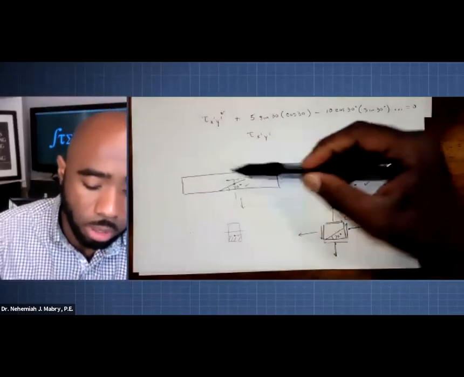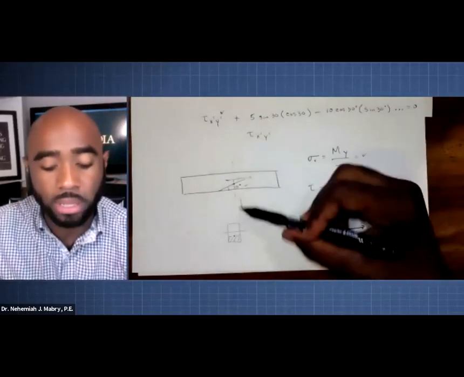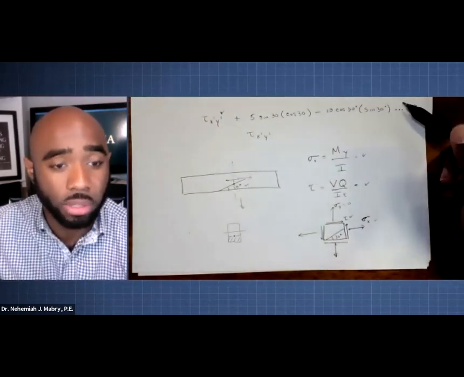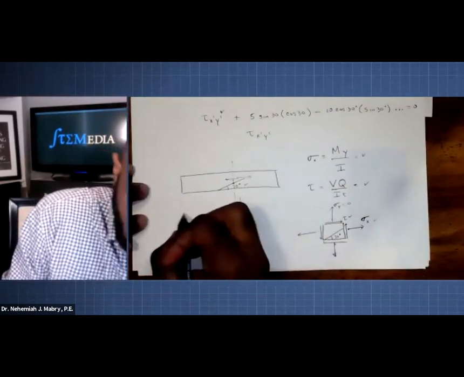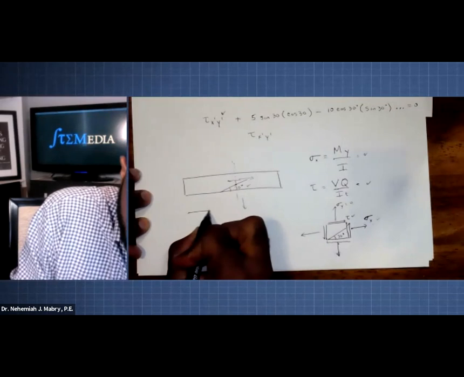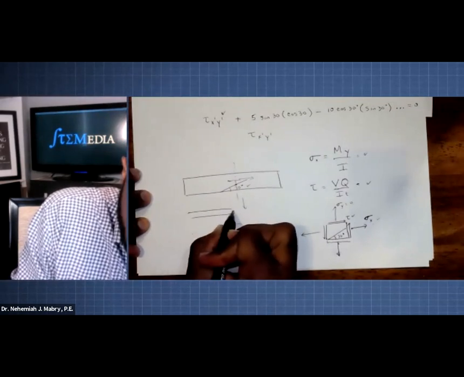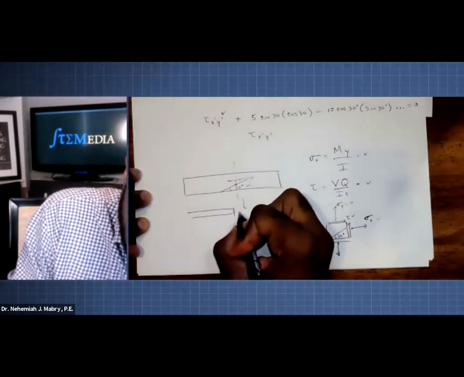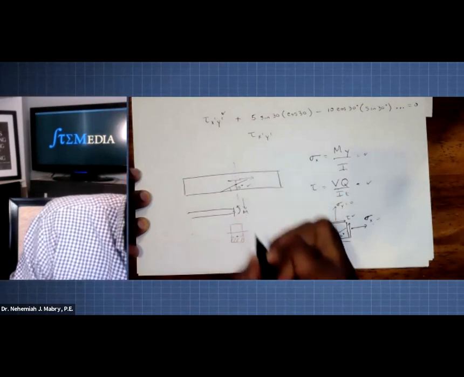Okay, I think I see it. Just to clarify, the internal moment and shear force that you're using is taken from that vertical cross-section, not cross-section at that 30-degree angle. Right. So if they gave you a full bar, you should be able to find your internal moment at the cut, whatever point they're interested in. And I could have drawn it like this. It's showing the cut. Yep, wherever moment that is.